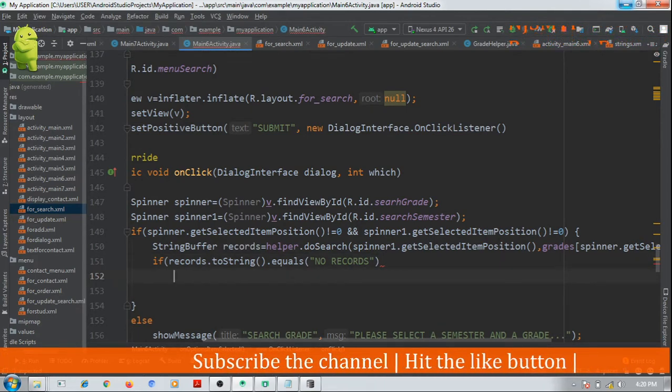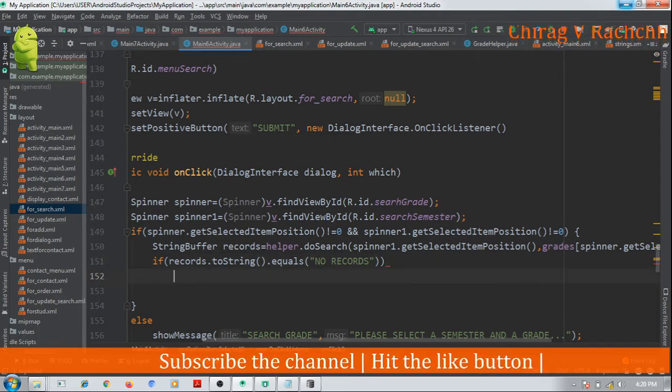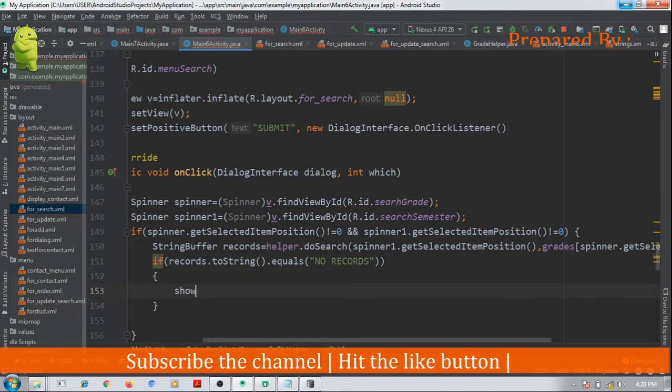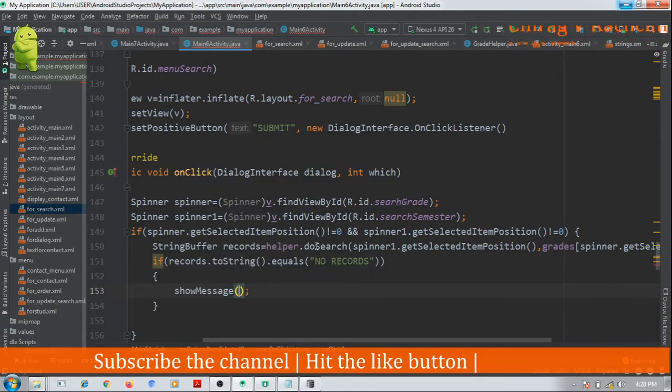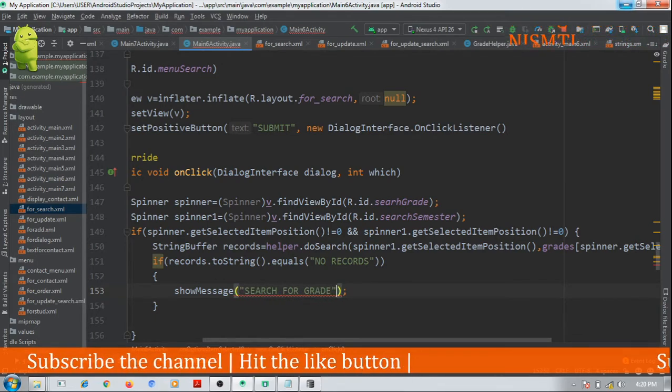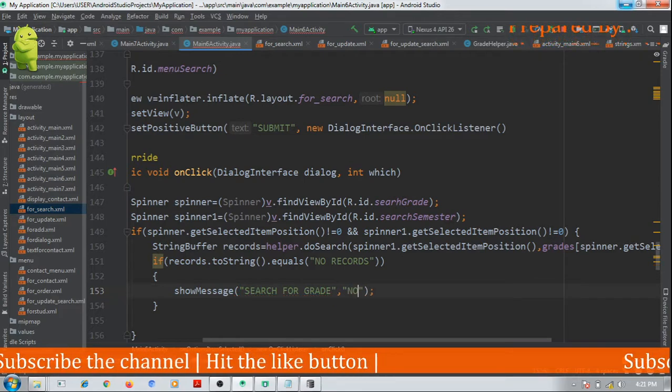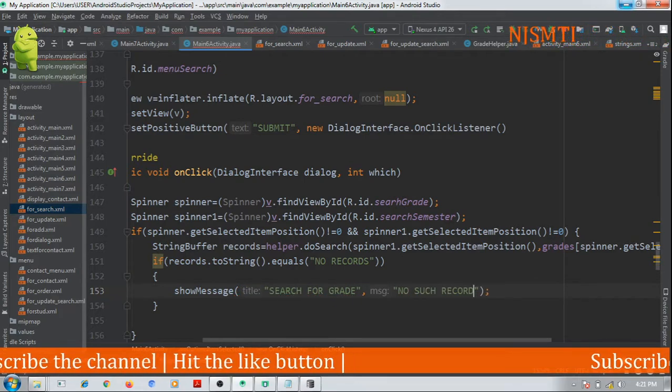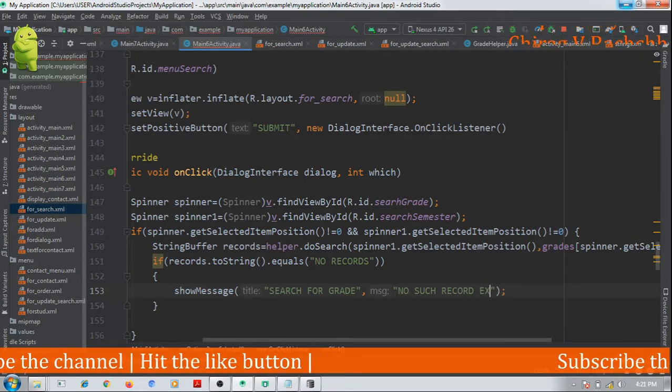then show message search for grade, no such record exists.